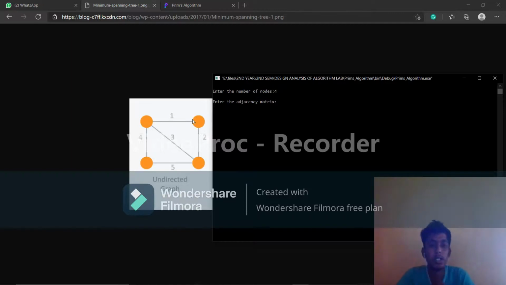We are giving the values: 1 and 2 is 1, so initially 0, 1 and 2 is 1, 1 and 3 is 3, 1 and 4 is 4. Next, 2 and 3 is 2, so initially 0, 2 and 3 is 2. Next, 3 and 4 is 5, so 3 and 4 initially 0, it is 5. Next, all other things will be 0, because